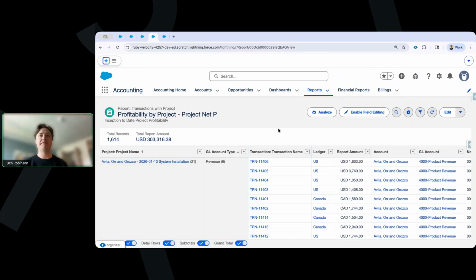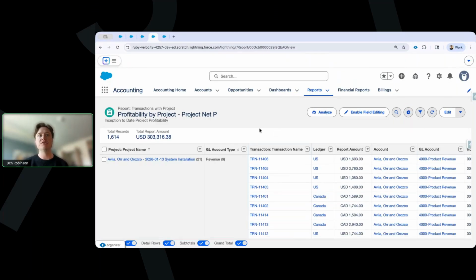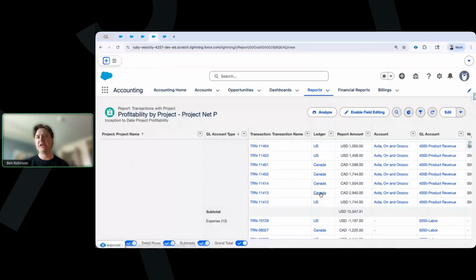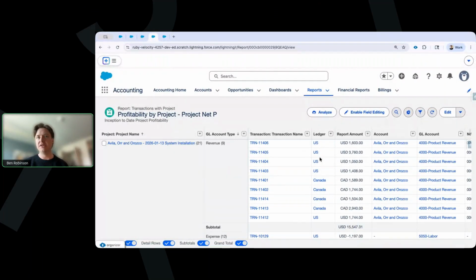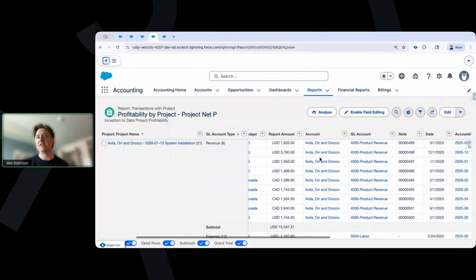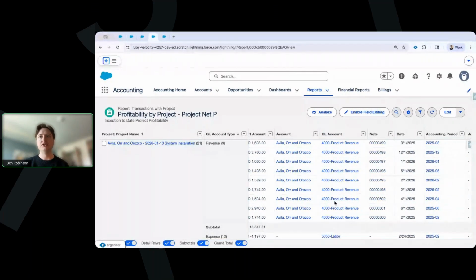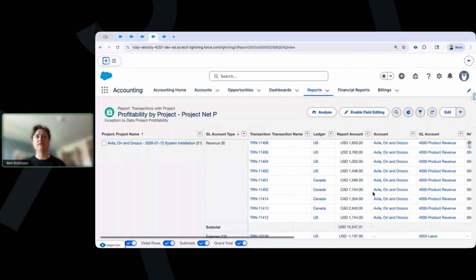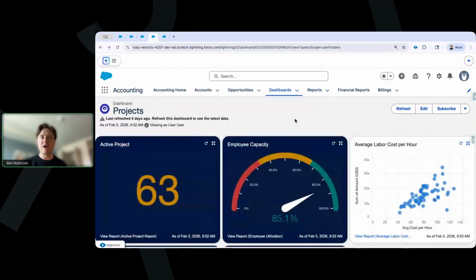Again, graphing and displaying that on dashboards is great, but ultimately reflecting the project, all of the transactions, multi-entity ledger capability, in addition to multi-currency, reflecting that to an individual account, a GL account, an accounting period, and then again, all of these records of billing, a billing line, cash disbursement. We then can relate those back to those projects like we've mentioned in milestones so that we can run profitability